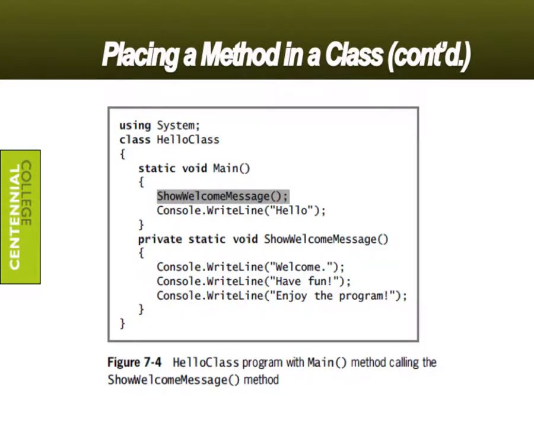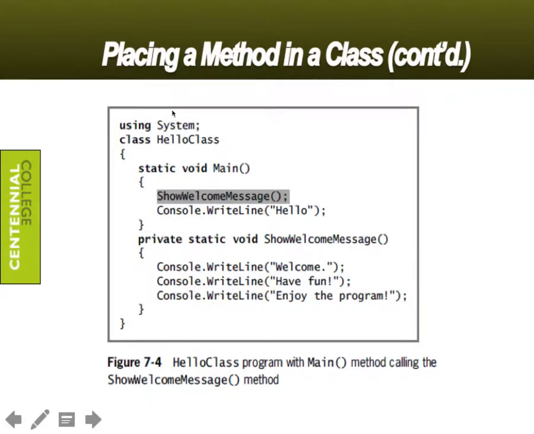Here's another method that's outside of our main, right? So we looked at this main, and then outside we declared a new private static void ShowWelcomeMessage method. And what we're doing is we're calling the ShowWelcomeMessage method before this Console.WriteLine. So wherever we call it, remember the way we call our method is there's no keyword to use. We just use these